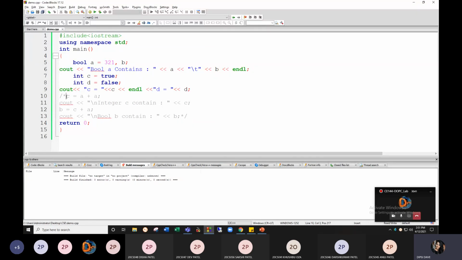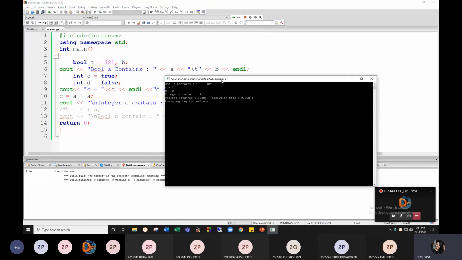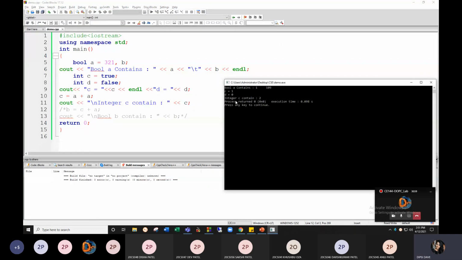Now let's see. c equals a plus a, that means 321 plus 321, so 642 it should be. But what it gives, let's see. Integer c equals 2, because even if a is 321, it is considered into bool, so 321 will be 1 only.